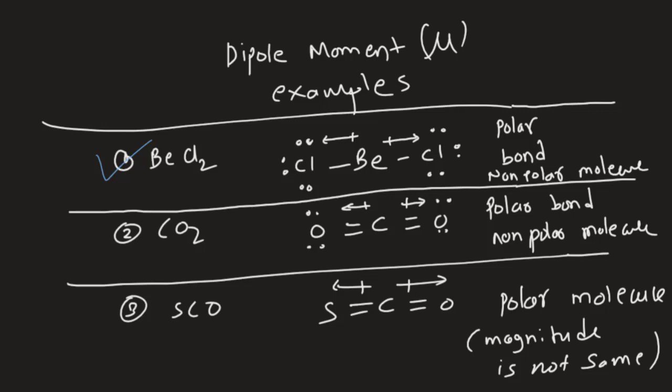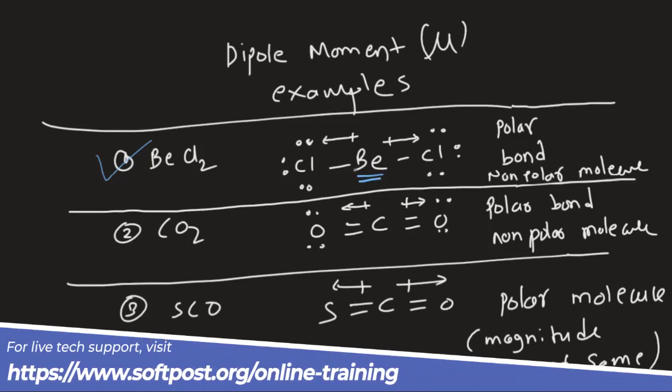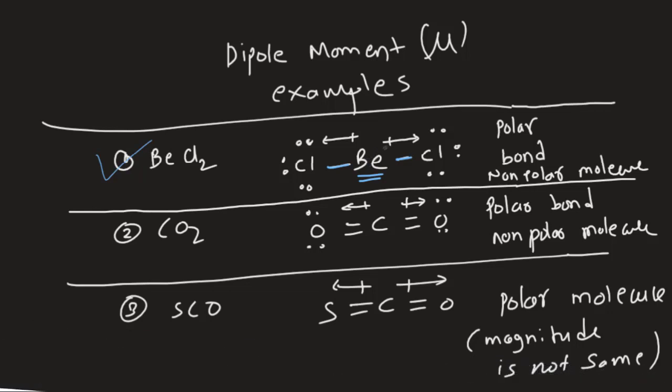So friends, in this video we'll look at some dipole moment examples in chemistry for some molecules. The first molecule is beryllium chloride. We have beryllium, and it makes two bonds with chlorine, as you can see over here. Beryllium has two electrons in the valence shell and needs another two to make a stable configuration, so it makes these bonds with the chlorine,